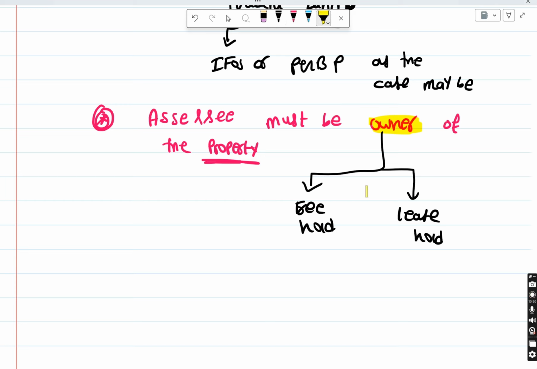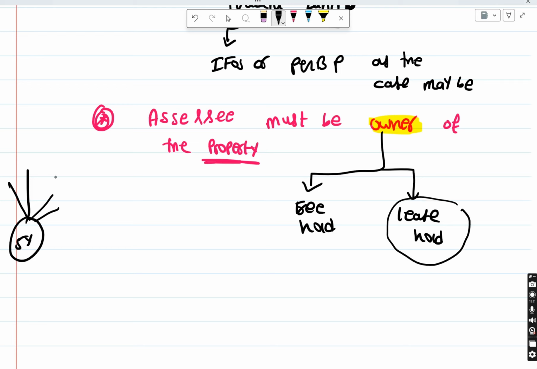First we will discuss leasehold. Leasehold means, let's just say I took a building for lease. I am not the owner of that building, I just took a lease for 5 years. Now the same building I am giving rent to some other people, I am getting a rental income. Now I am the lease owner, I am not the real owner, I just have lease rights. So this is called leasehold. Whatever the ownership you have, it may be freehold ownership or leasehold ownership, it doesn't matter, right? If you are getting an income from that property, it will be taxed under IFHP. So any kind of owner.